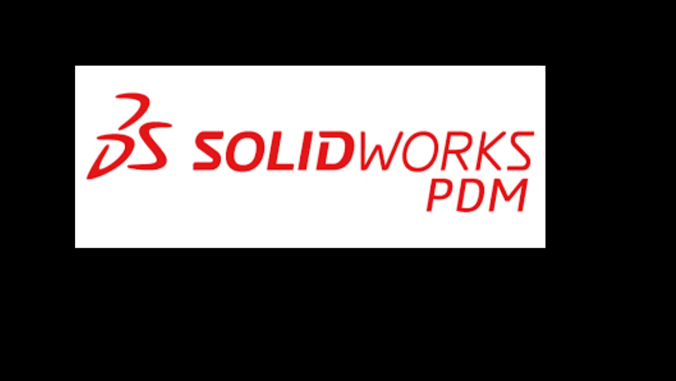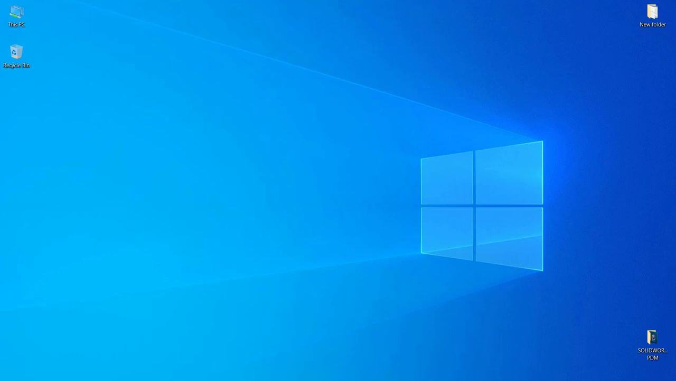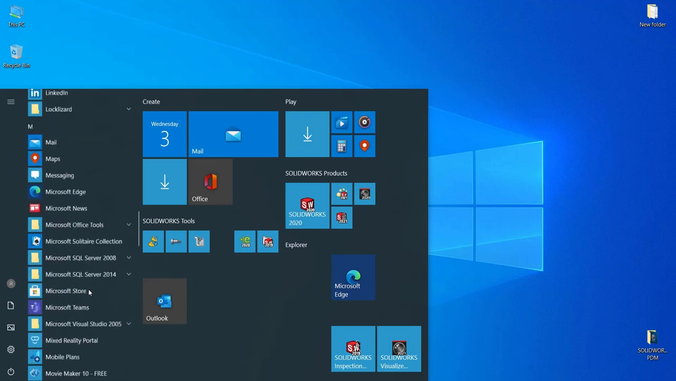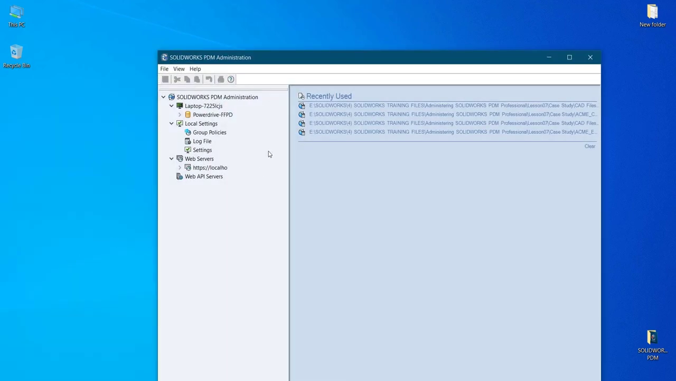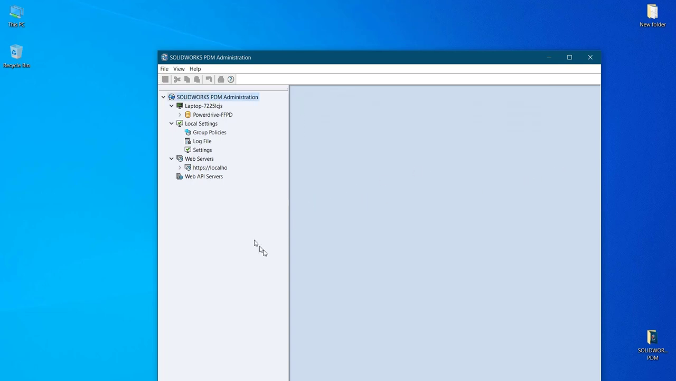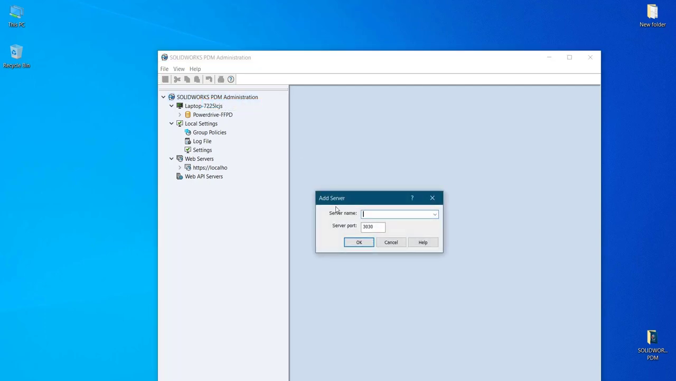Well, so in this tutorial we'll just cover how to create a new vault. So go to search and from there select SOLIDWORKS PDM administration. Okay, and in this I'll just select the server first, add the server and select the local server which is available with respect to your computer name or laptop name. Once you do it,